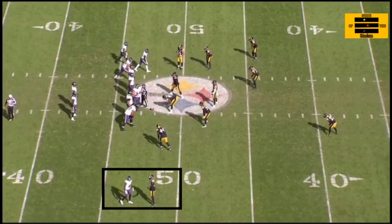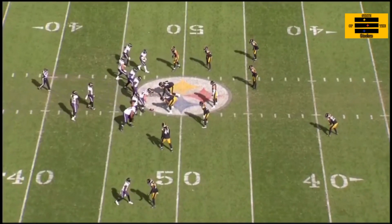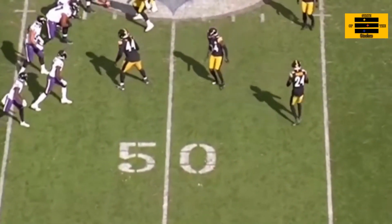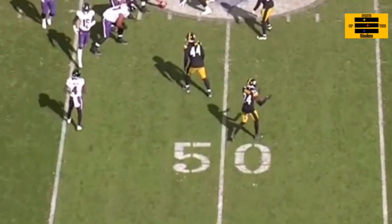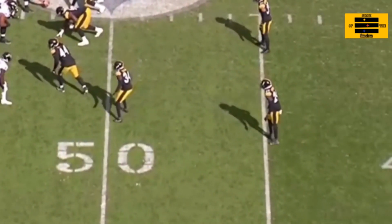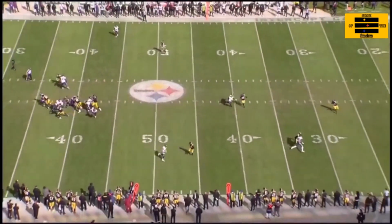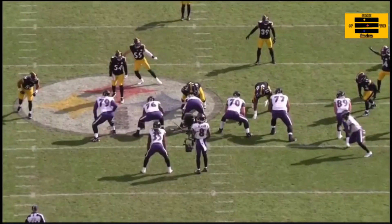This is one of my favorite plays as well. Joey Porter Jr. is pressed down at the bottom of your screen. Now, the Baltimore Ravens are going to go in motion, and as you can see, Joey Porter Jr. is being very communicative. We'll rewind that a little bit. Now, he's still in man coverage